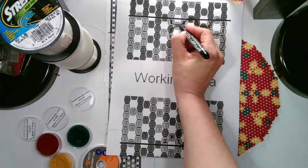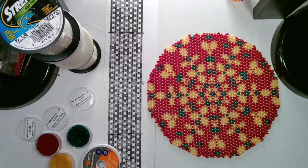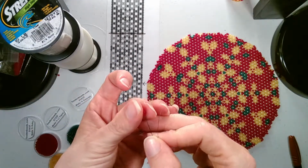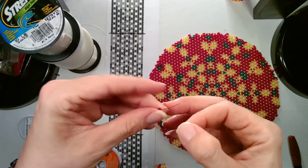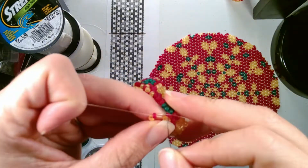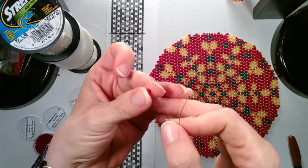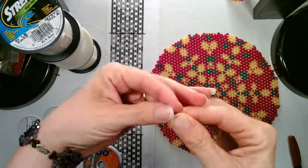We have finished this half circle and this half circle. So then we are going to start with this circle on our pattern right here. And we need a red, a yellow, and we're going to cross with a red. Now we need a red, a green, and we're going to cross with a red,